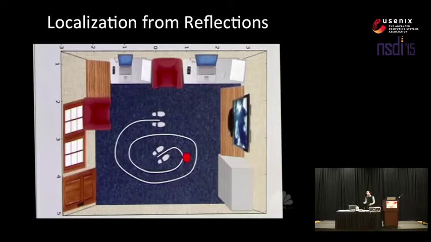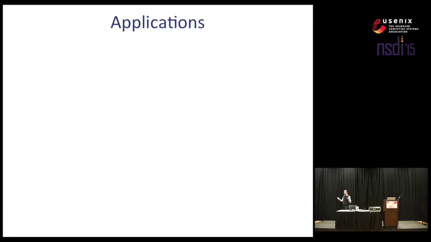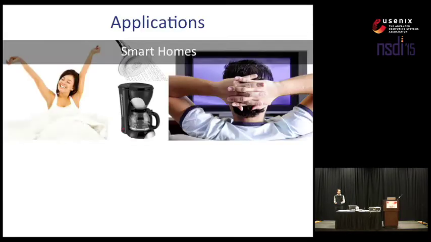And these systems enable many exciting new applications. For example, they can transform your apartment into a smart home by tracking your movement and learning your habits. They can detect when you wake up and get out of bed, turn on the hot water, and turn on the coffee machine. And when you sit in front of your TV, they detect your presence and tune to your favorite TV channel. But when you lie down to sleep, they will turn off the TV.